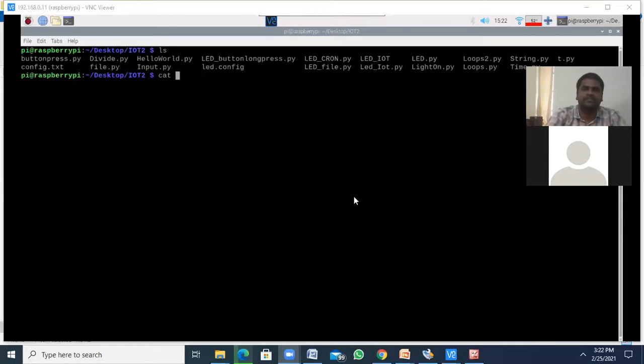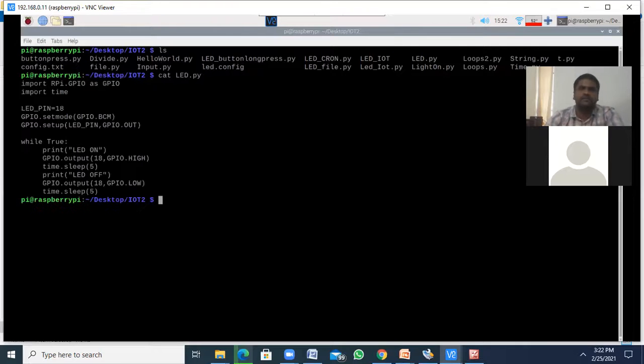See, these are the programs. First program we executed is led.py. In this program, we are importing Raspberry Pi GPIO, followed by importing time. Next we are setting the pin, that is 18. We set the mode, that is BCM mode, and we are setting the pin as out.